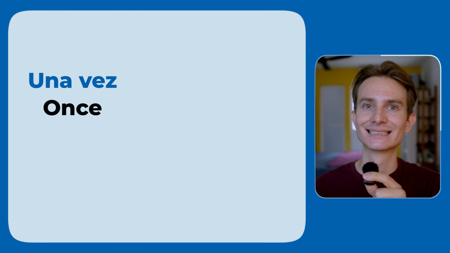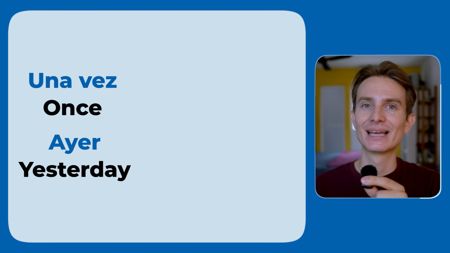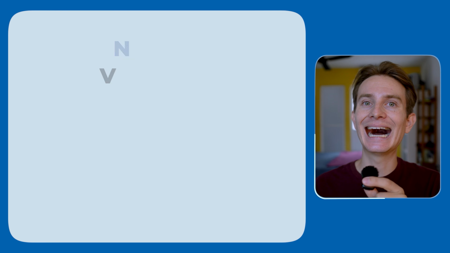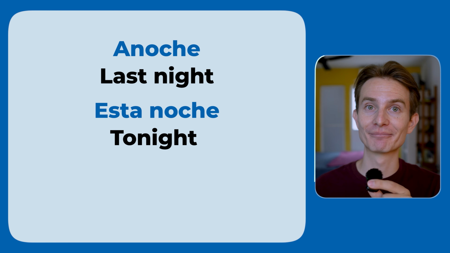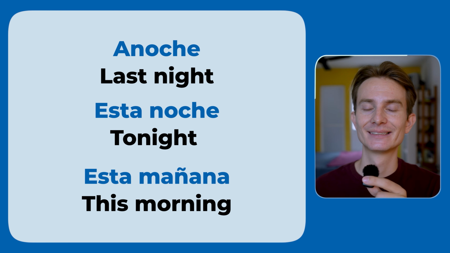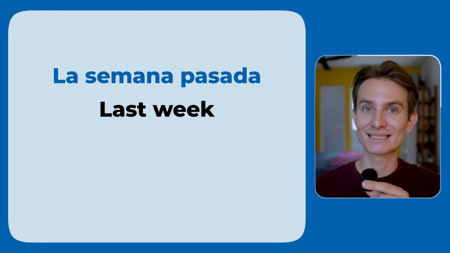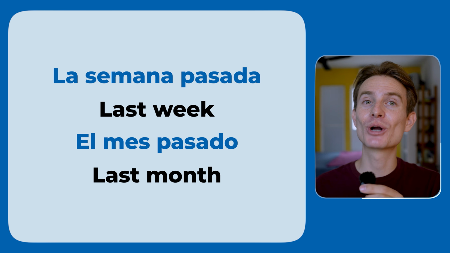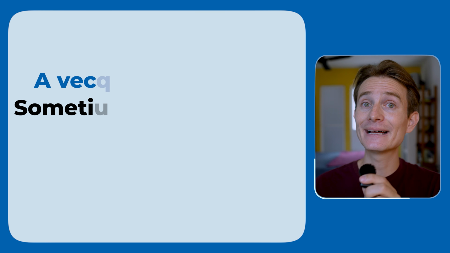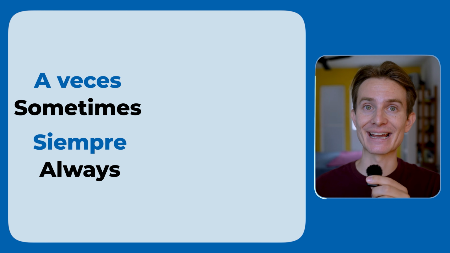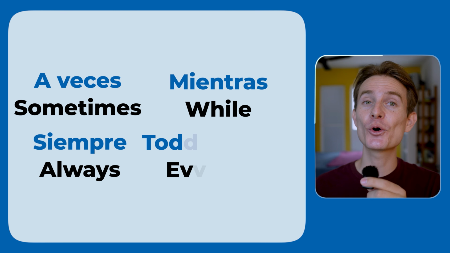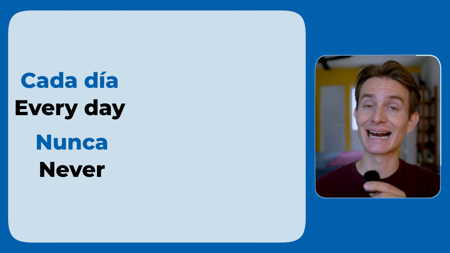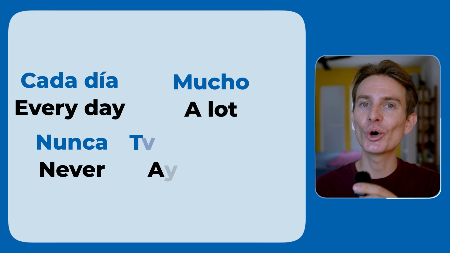Una vez. Ayer. El otro día. Entonces. Anoche. Esta noche. Esta mañana. La semana pasada. El mes pasado. Now, here are some common triggers for the imperfect. A veces. Siempre. Mientras. Todos los días. Cada día. Nunca. Mucho. Todo el